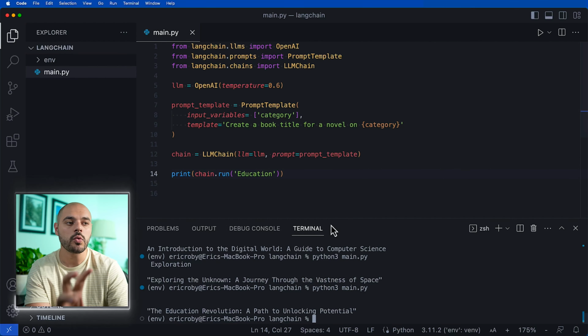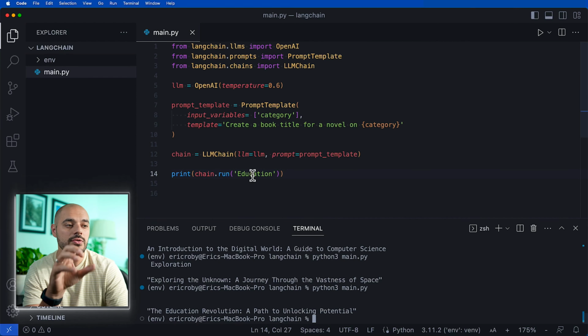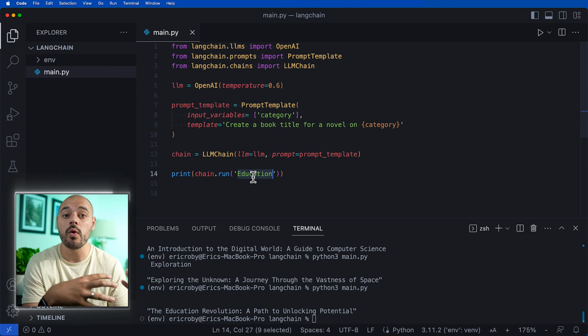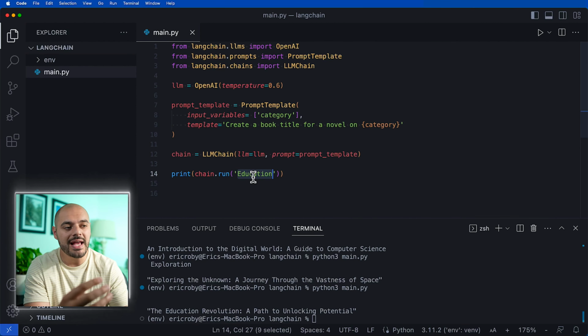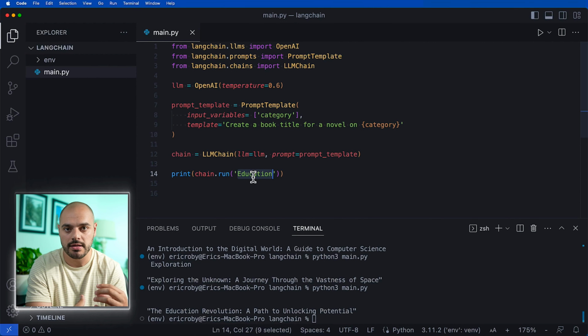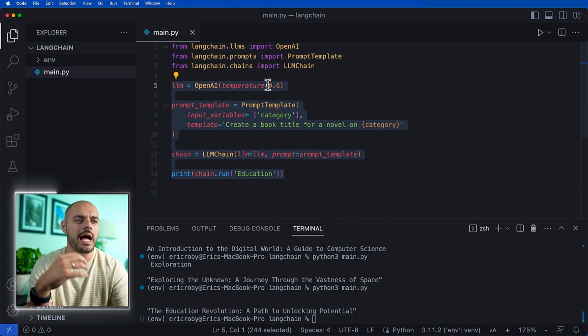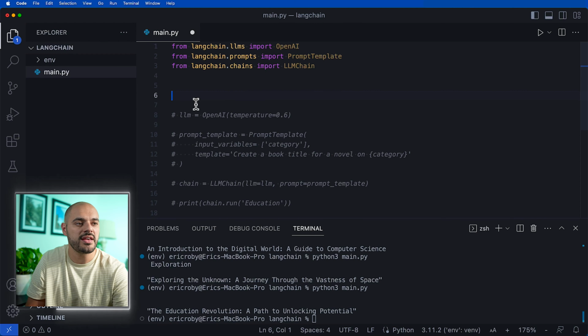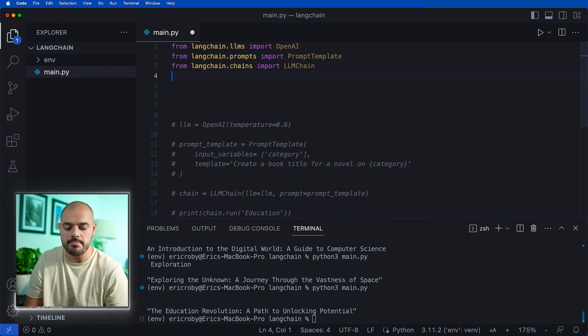So the next thing we want to do is have a user be able to type in education or computer science or whatever they want their book title to generate. And we want a user interface, potentially a browser. We're going to be creating a browser where the user can type this in and then get the response in the same spot. So to start, I'm just going to comment everything out, and right above here, first we need to import